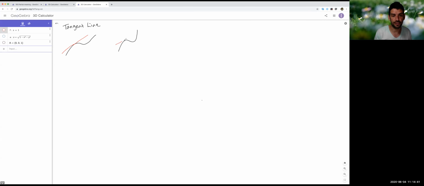For instance, the idea of a tangent line would look like this, and that clearly touches the curve twice, and it could be touching it over and over and over again, depending on the kind of curve we have. So it's not really the best definition, and a better intuitive definition is the idea it's this line that looks very much like the curve when we zoom in close, right? If we were to zoom in,